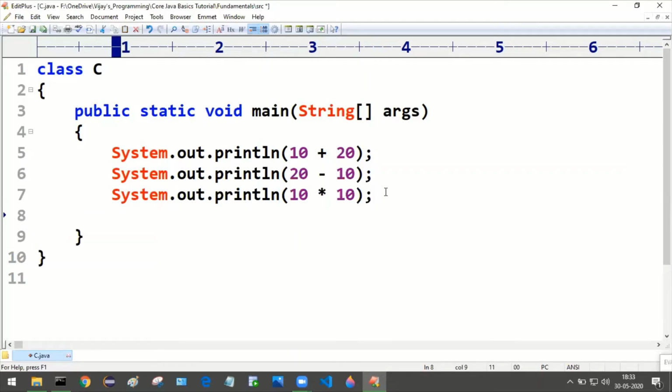Then we have division. Let's say 20 divided by 10.